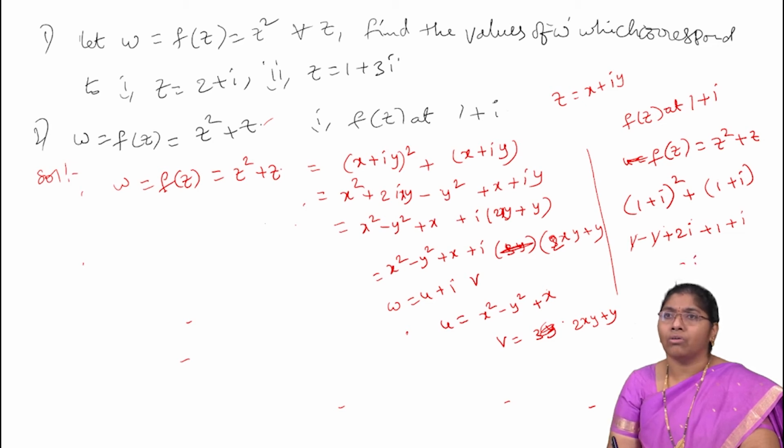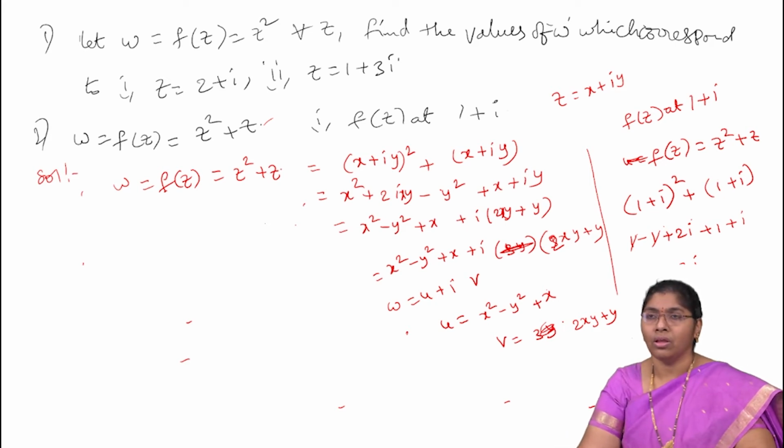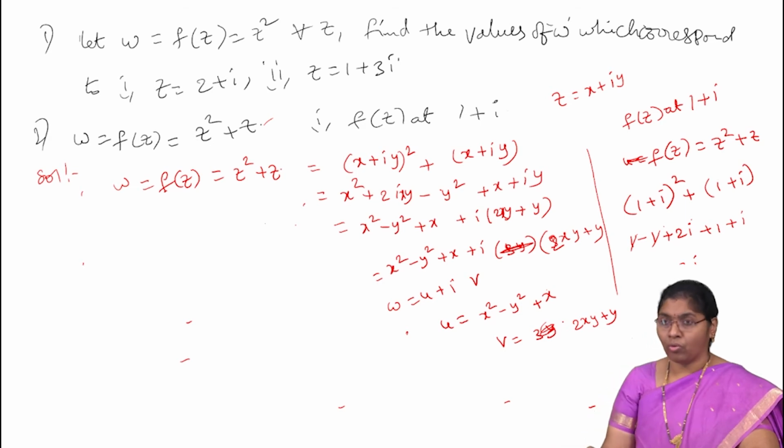Here w equal to u plus iv. The real part is 0 and the imaginary part is 3. That's all. Now that is the problem. Now the next one is